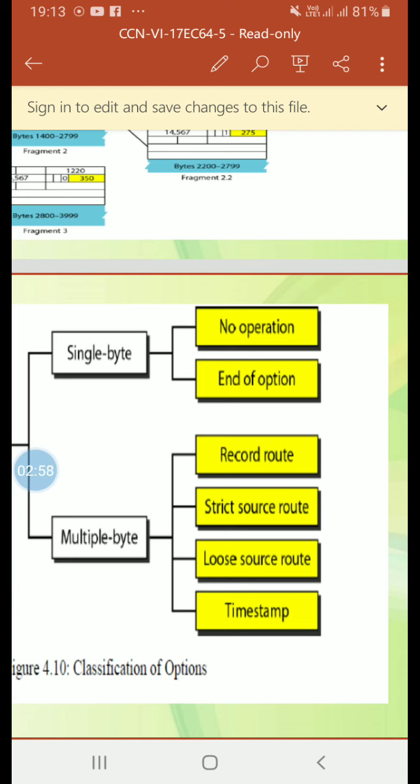If a datagram specifies a strict source route, all the routers defined in the option must be visited by the datagram. If a router's IP version 4 address is not listed in the option, then that router must not be visited.